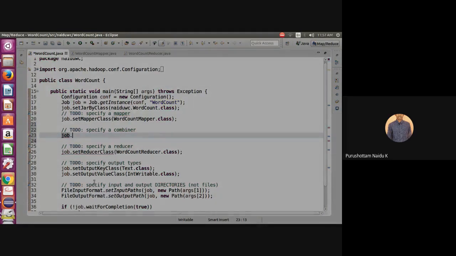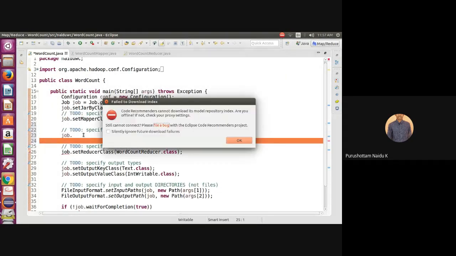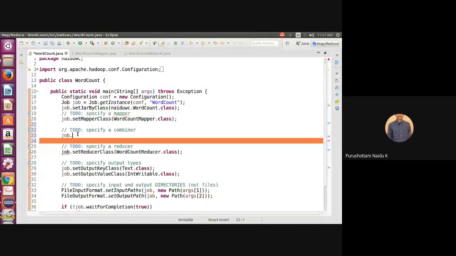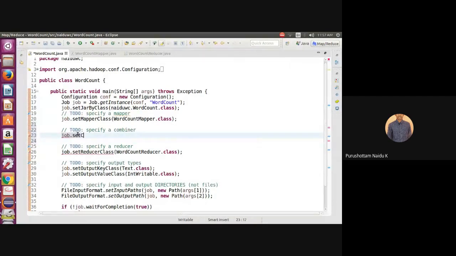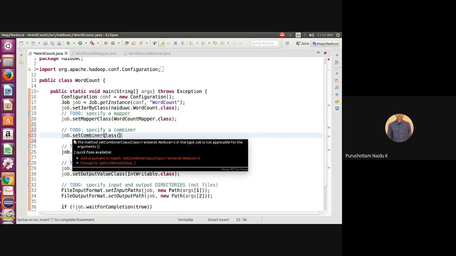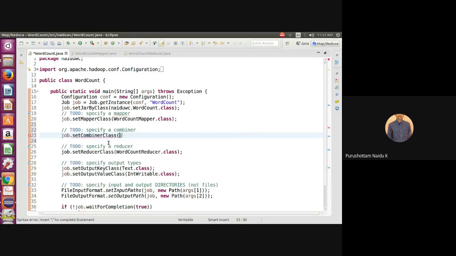In the driver, job dot set combiner class. What is the combiner class name? The combiner class name is similar to the reducer class name. Why? Because the combiner acts as a mini reducer. That's it.